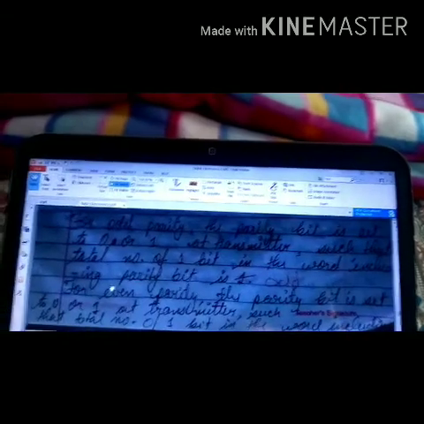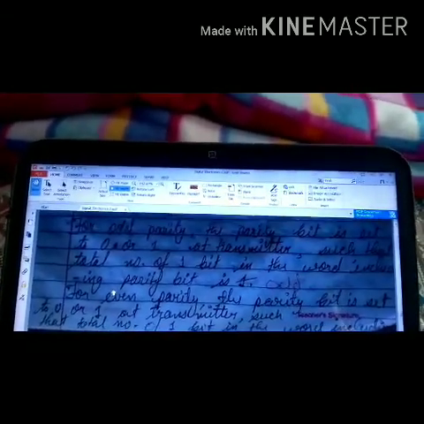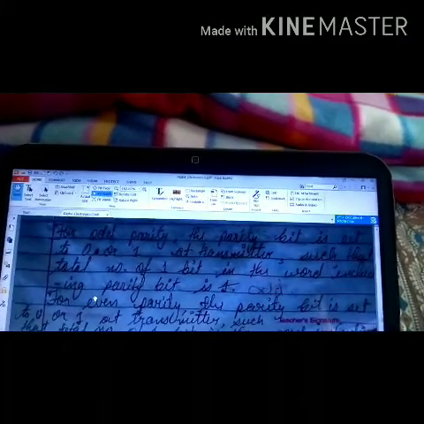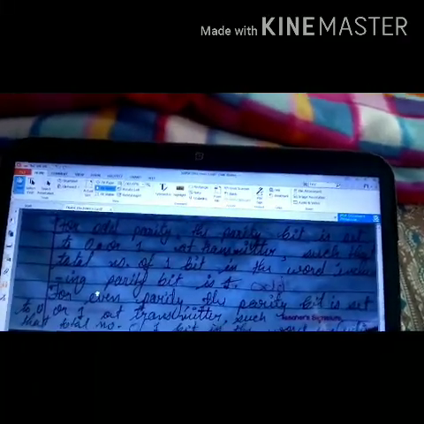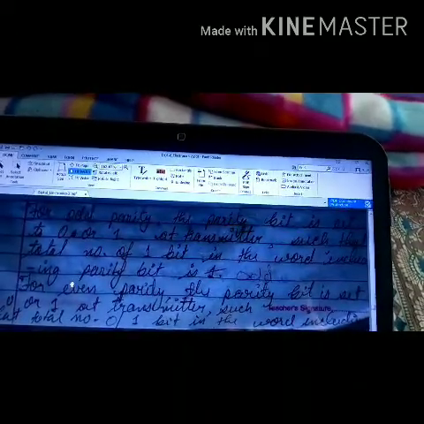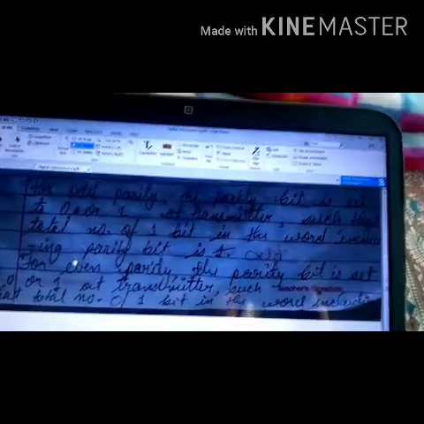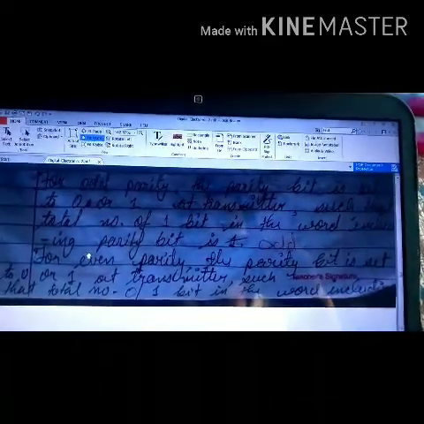So we will add an odd parity bit, and it may be 0 or 1. Now we will count the total number of ones in the new word that has been generated, including the parity bit. If it is odd, then it is a correct odd parity.